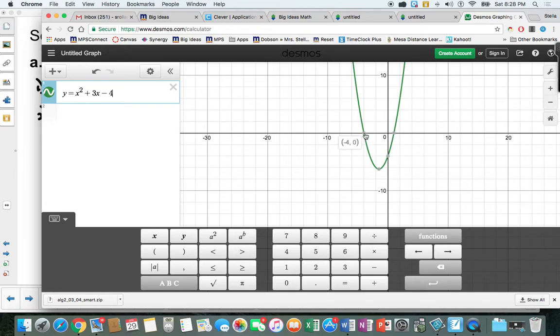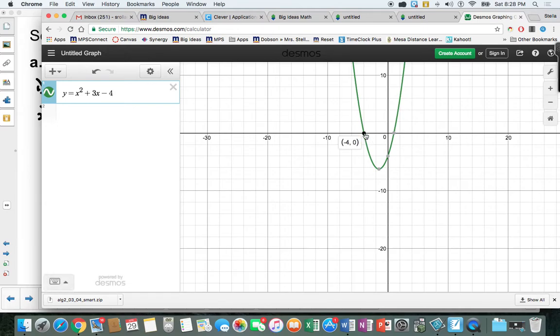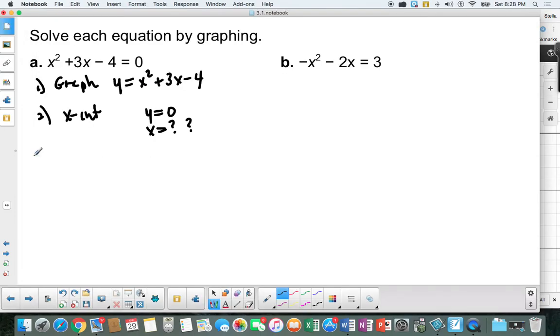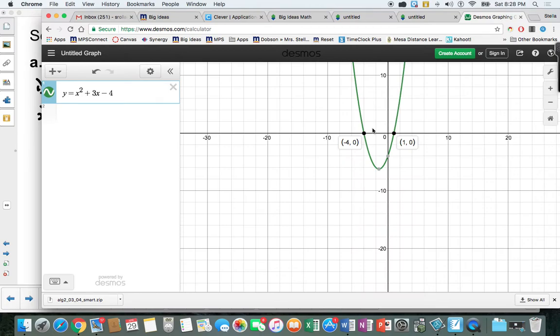Now we can see the parabola, and we're looking at the points or the x-intercepts. You can just hover over and actually click it and it'll stay. So I can see that my answers are x is equal to -4 and x is equal to 1. I can go ahead and graph the next equation,